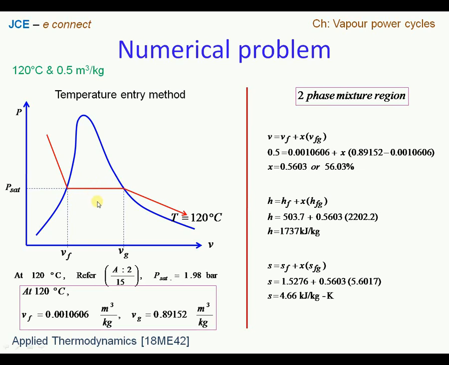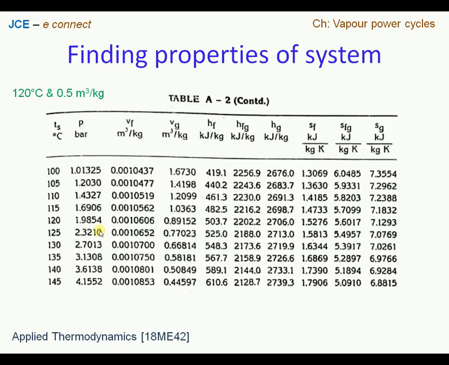Of the past two problems we took up earlier, one pertained to the compressed liquid region, the other pertained to the superheated region, and this is the third variety where we saw the system is lying inside the dome. So that is how we solve the problem if the system is lying inside the dome. So this is about problems where one can figure out in which region the given system lies, and we are also now a little familiar with how to refer to the data table. Now with this background we can proceed further, taking up a numerical problem.